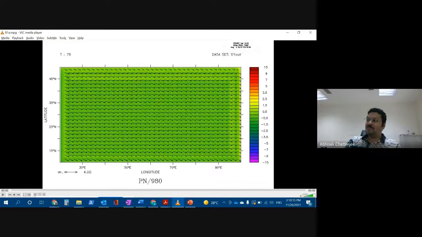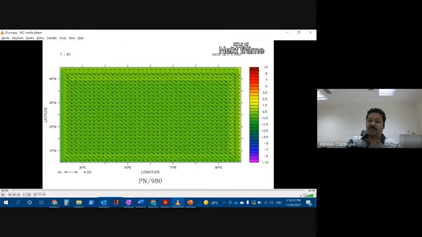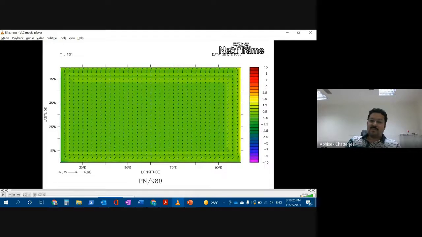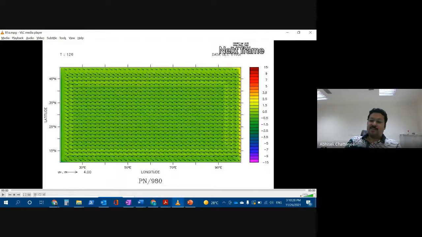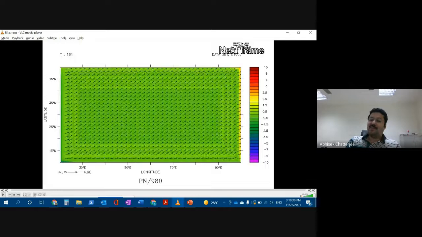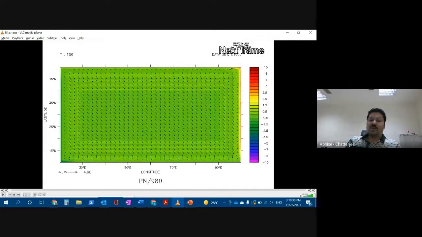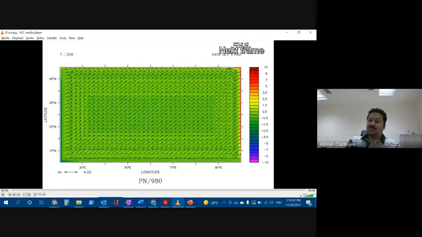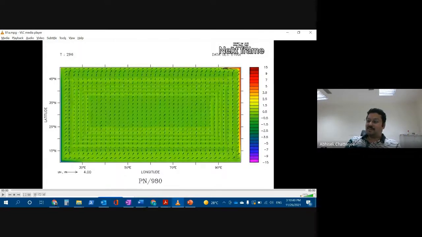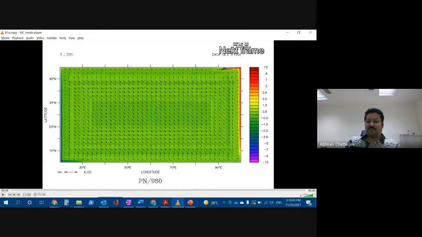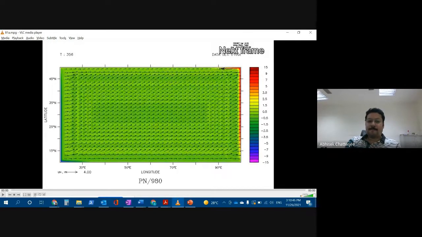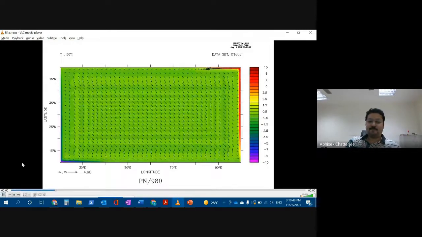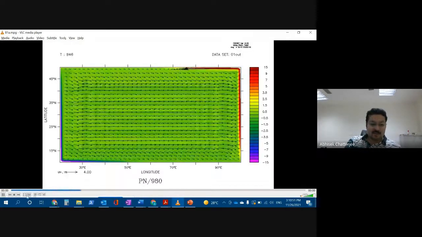U is a sinusoid, v is also a sinusoid. So we will always have a circular motion, and that is what is happening, because the wind is uniform, it is not changing with time. So your velocity field is also not changing with time, and it is just rotating. Okay. So just play it. I don't know if I can slow it down.